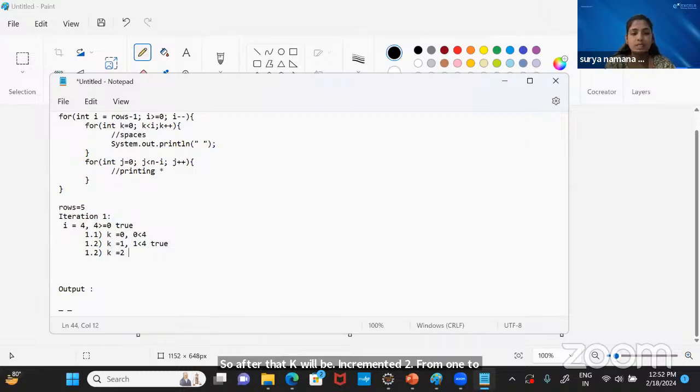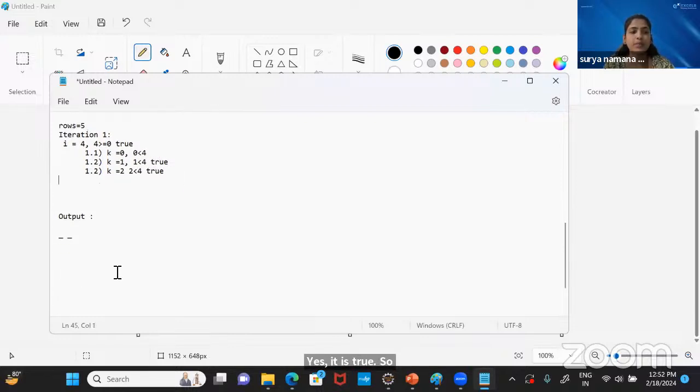K will be 2. Is 2 less than 4? Yes, it is true. So it will go ahead and print another space. And then k will be 3. Is 3 less than 4? Yes, it is less than 4. So it will go ahead and print one more space here. And in the next iteration,